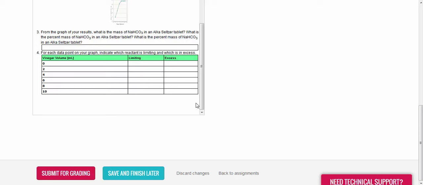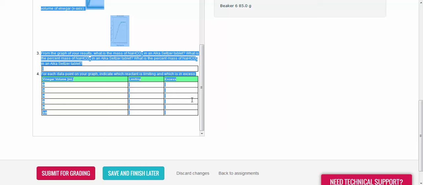So I'm on a PC. Whatever your computer is, you want to click inside here and highlight all of it. For me, that's Control A. All right. And then Control C, it's copy. Then I am going to pull up